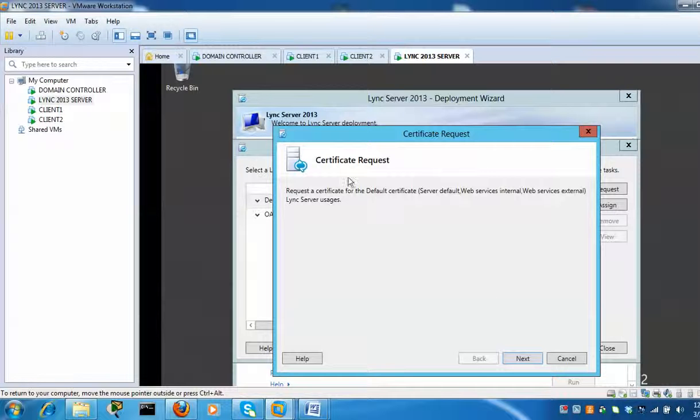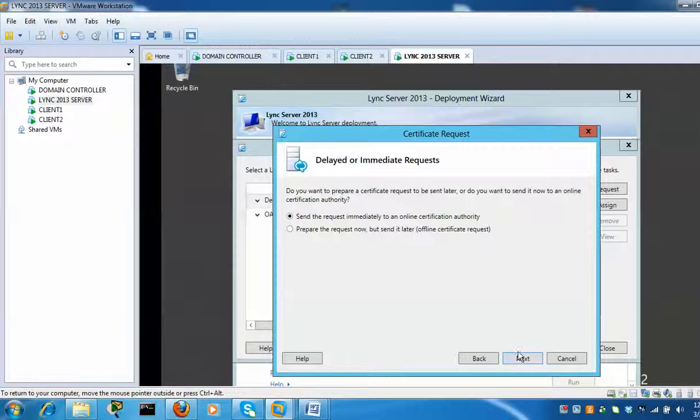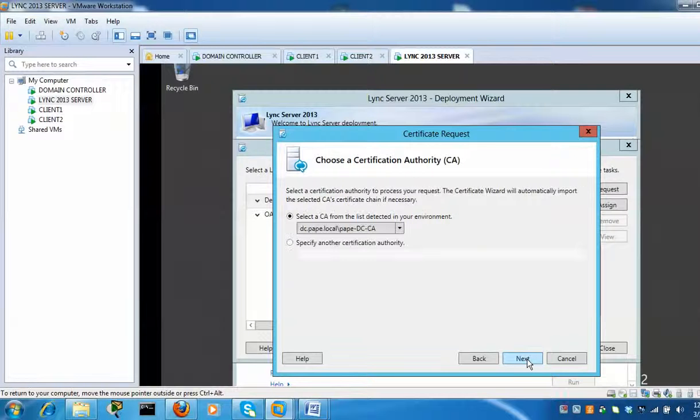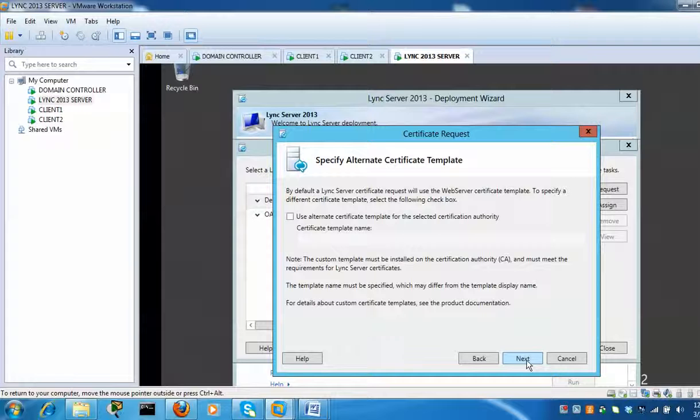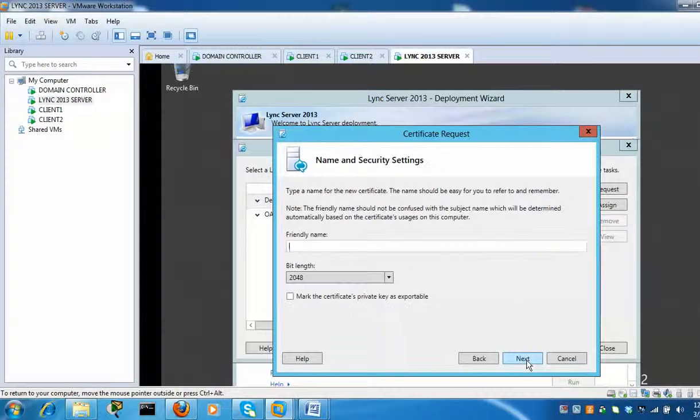Okay, certificate request, click on next. Here we click on next. You see that's the domain controller, and click on next. Here I'm gonna click on next again. Here also just click on next. And now it's time to give a friendly name to our certificate. I'm gonna call it